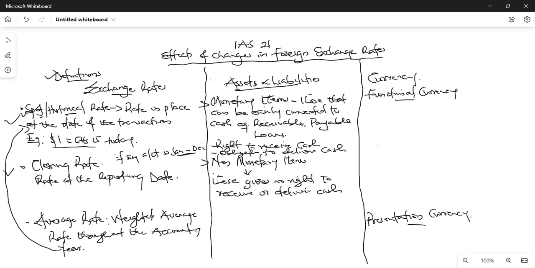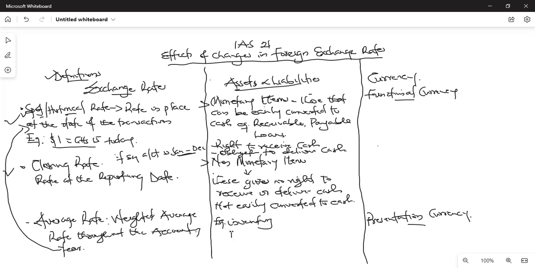As a matter of fact, it will be very difficult to convert them into cash. So they are not easily converted to cash. All right. So these are non-monetary items. A typical example are our inventory